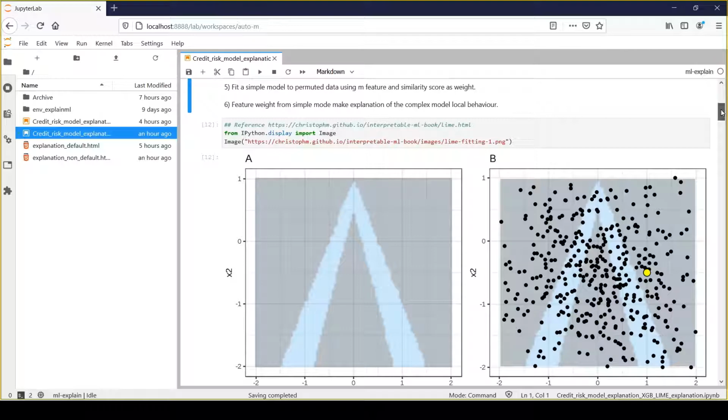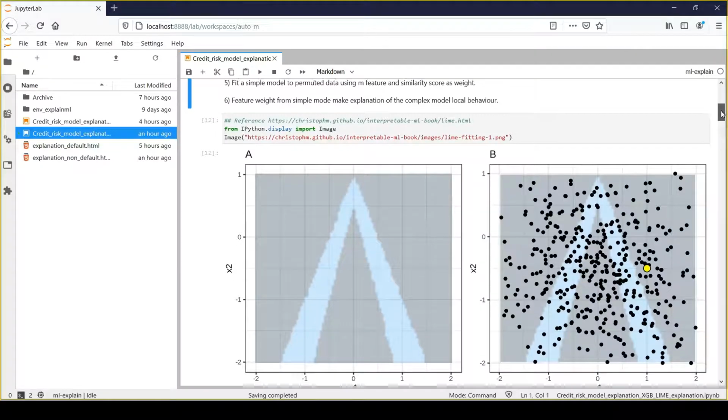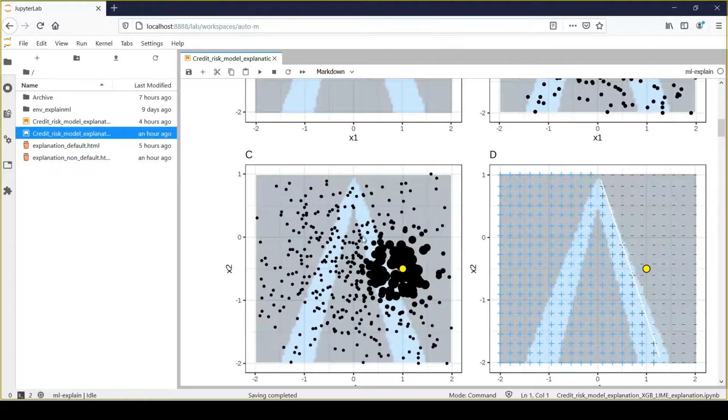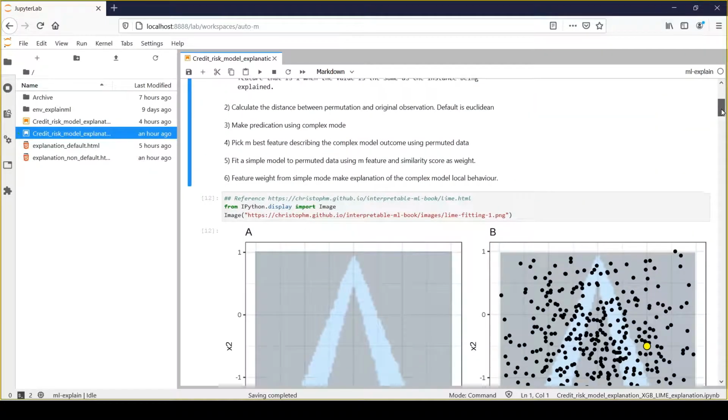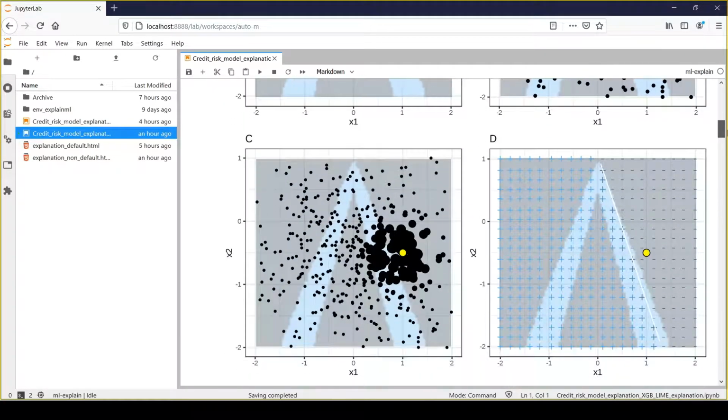For my simple linear regression model, it will take all these data points which have been defined as dark circles in black dots, which will have more weight, and it will take the M features which we defined in step number 4, and fit a simple linear regression model.